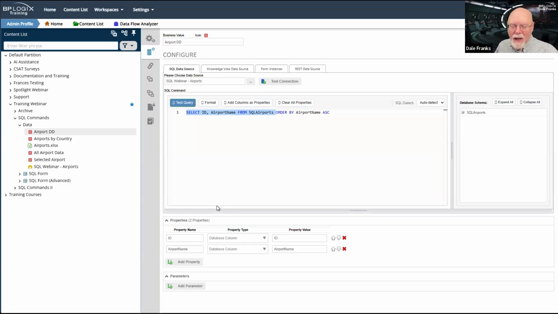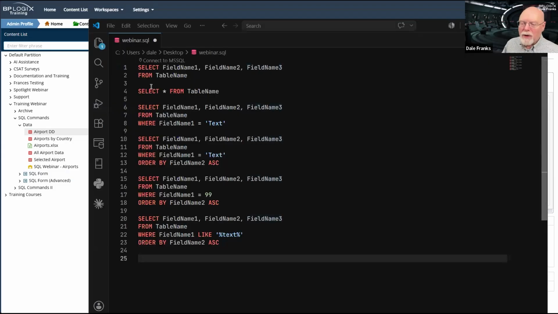But in this case, I would not want to use the select star like I did for my all airports. I only want to pull the data that I actually need. If I used select star, there would be 5 more fields whose data would all be pulled, but which I am never going to use, because I only need 2 properties to fill out a dropdown. So it is inefficient to use the select star, because it is going to return all of the field data for every single field in every row.